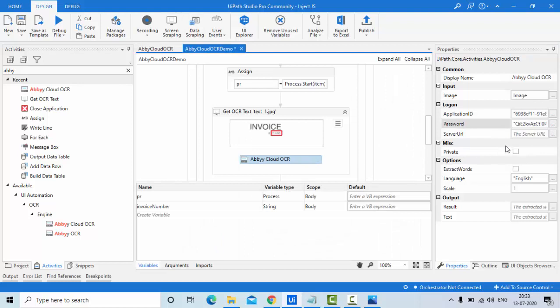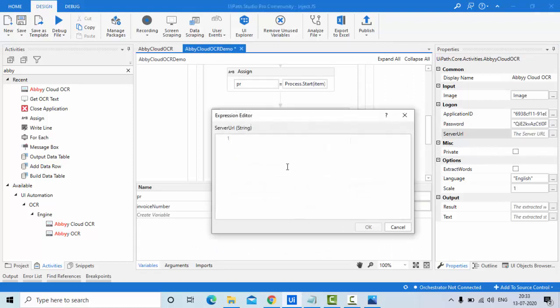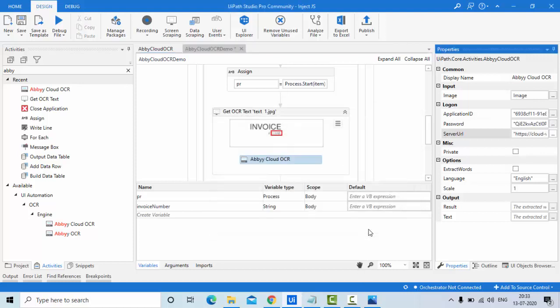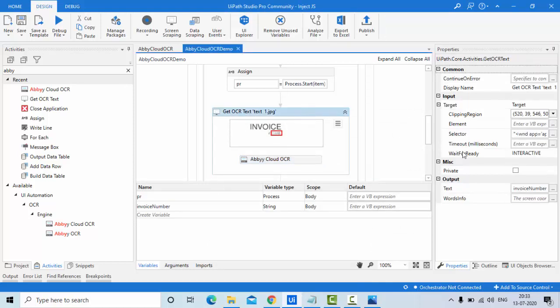There is a separate video on how to create a project in Abbyy Cloud OCR and do all those things, so I hope you will watch that and use that here. Then this is my invoice number.